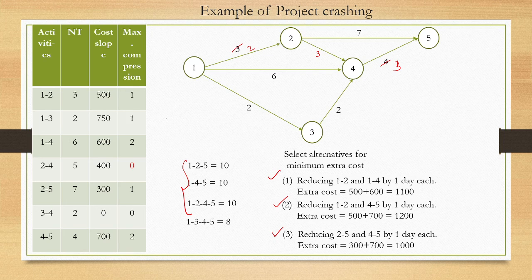But which one we need to select out of these three alternatives? Which one you need to select, right? So whichever has the minimum cost slope, extra cost, right? Which is this one. So we will not select this one. We will not select this one. This is the extra cost. This is the minimum extra cost. So we will select this alternative. Okay. Now